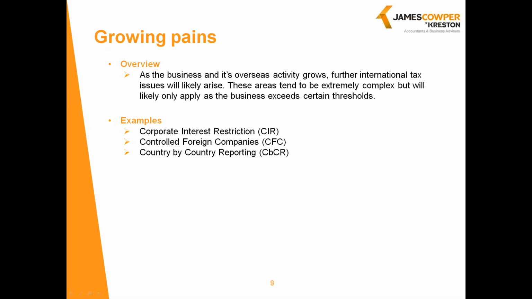Gladly, there is currently a de minimis limit for application of the corporate interest restriction regime, whereby, broadly speaking, if a group's net UK interest cost is lower than £2 million for a period of 12 months, then this legislation should not apply.